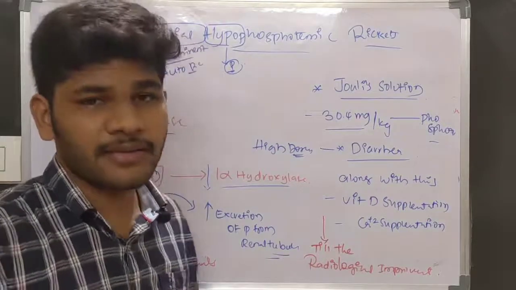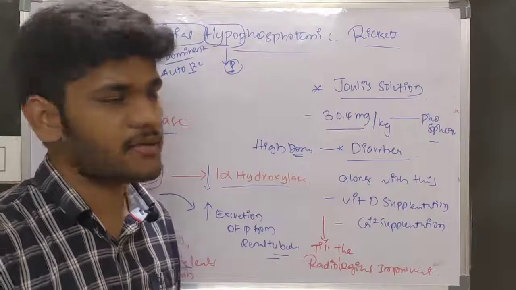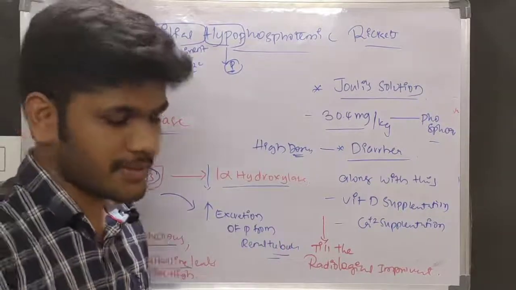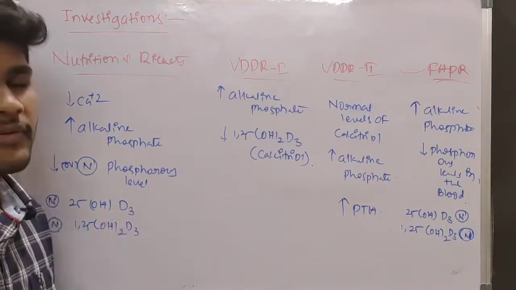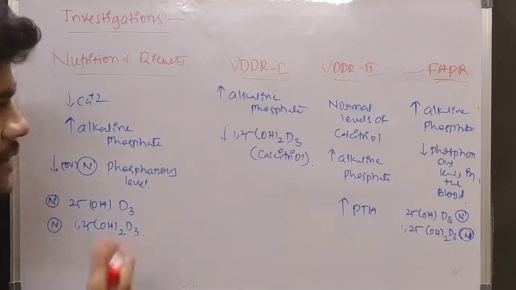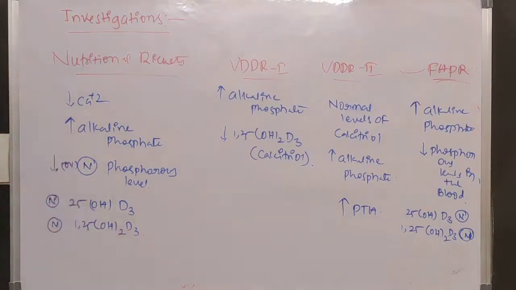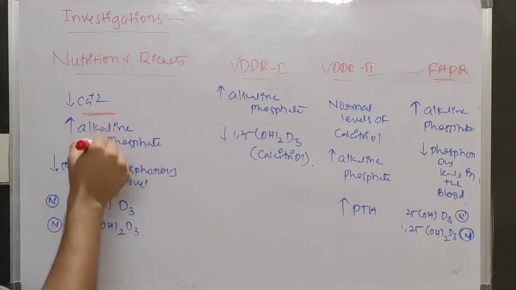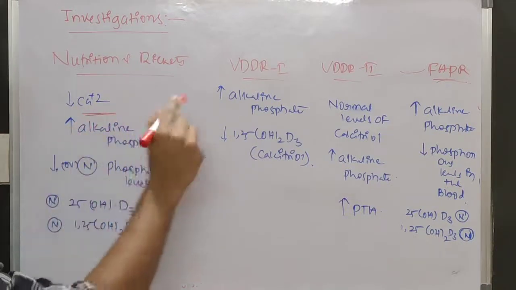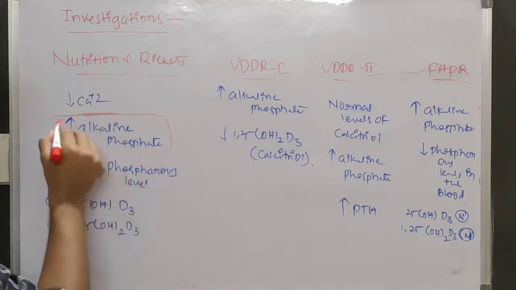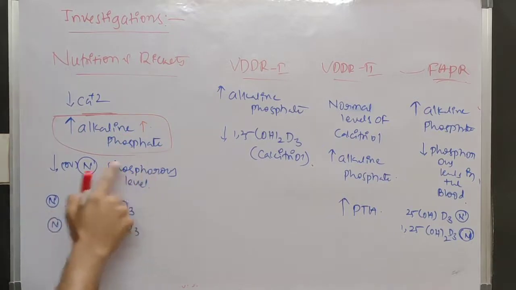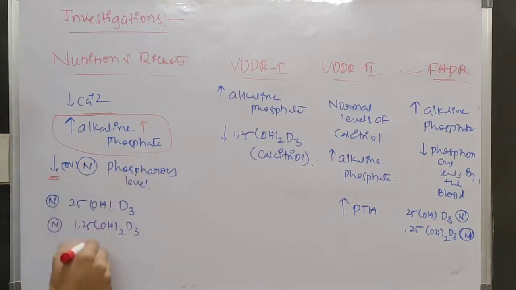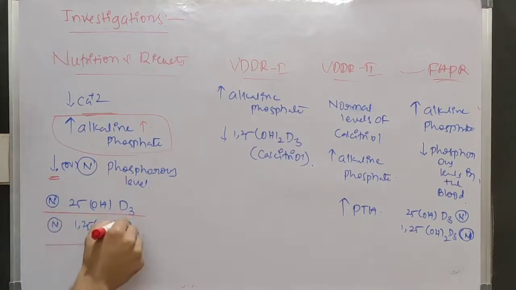Apart from the X-ray, we also have other investigations for detection of the different types of rickets. So let's discuss that. Apart from the X-ray findings, we also have the different blood levels of these elements. In nutritional rickets, decreased calcium level is observed, and in every type of rickets there is an increase in the alkaline phosphatase levels, and the phosphorus levels may be normal or reduced, and the 25 hydroxycholecalciferol and also the calcitriol levels are normal in nutritional